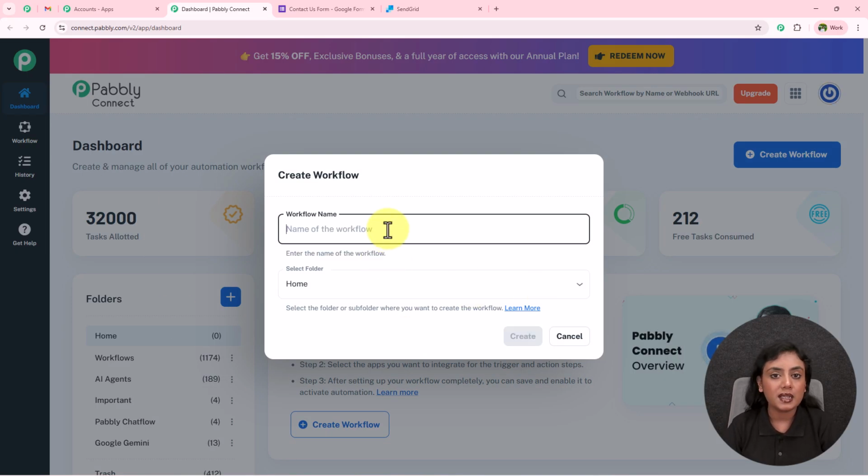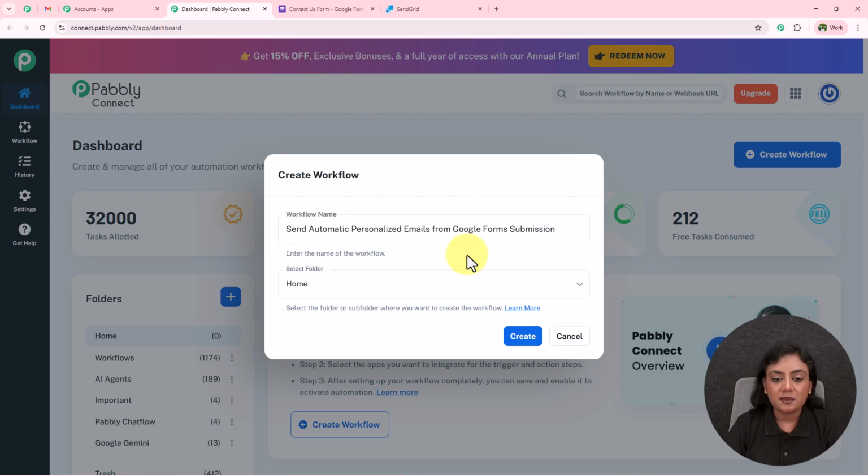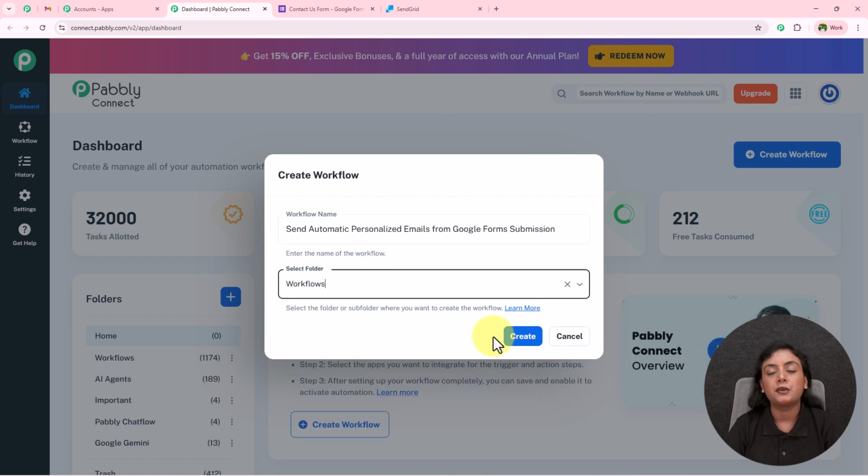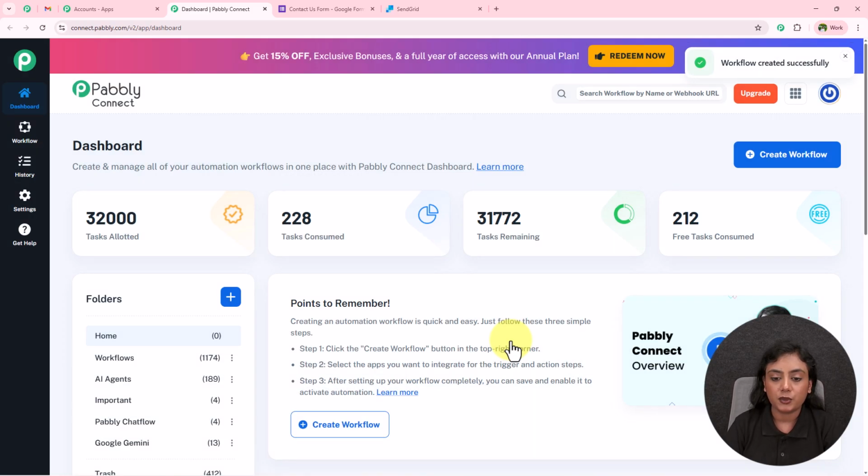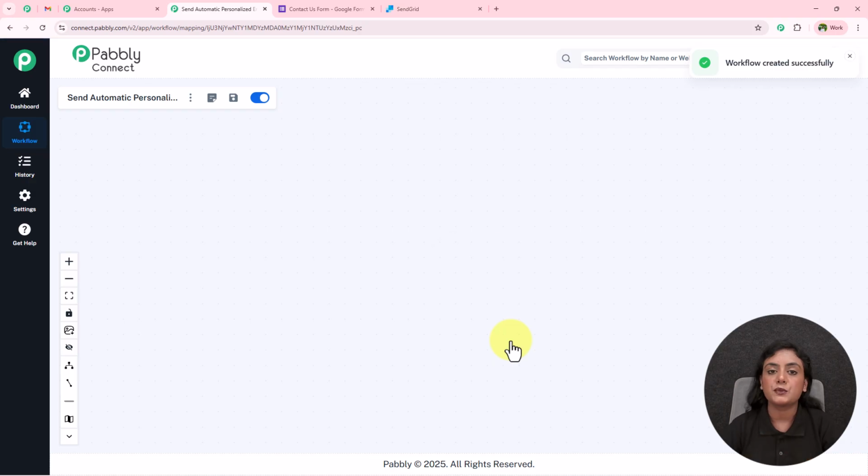Firstly, we have to rename our workflow. For the name of this workflow, I'm going to give it as Send Automatic Personalized Emails for Google Forms submission. For the folder, these are the folders from which I'm going to select the workflows folder. If you want to categorize your different workflows according to different categories, you can create folders like this from this plus button. I'm going to create this workflow now, and the workflow is then successfully going to be